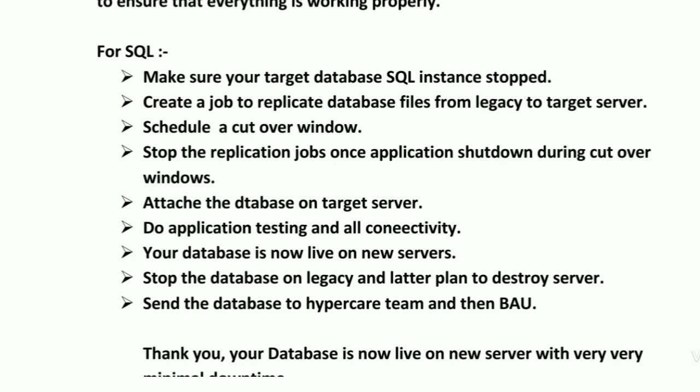Now the point is, once the cutover window is scheduled, you need to stop the replication jobs during the cutover window. So the meaning is, once your application is shut down, there is no operation or transaction going on. So there is no change happening in the database files, right? So your database files are up to date. Once the application is down, there are no changes in the database files.